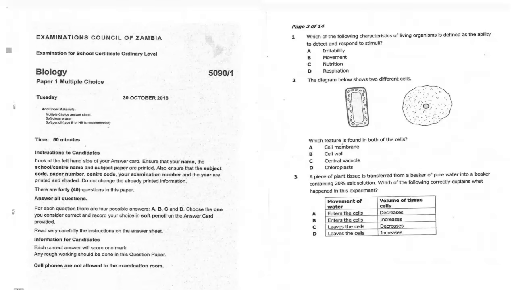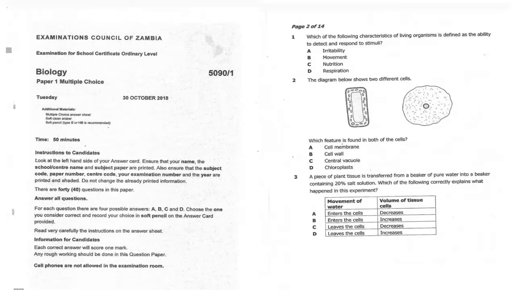And one thing that you should have noticed is that exams used to come earlier than now. Let us look at the first question. Which of the following characteristics of living organism is defined as the ability to detect and respond to stimuli? Okay, so let us look at the